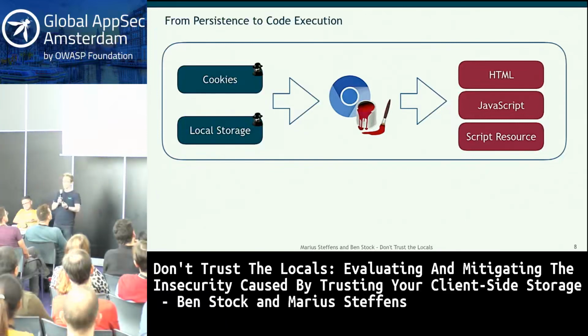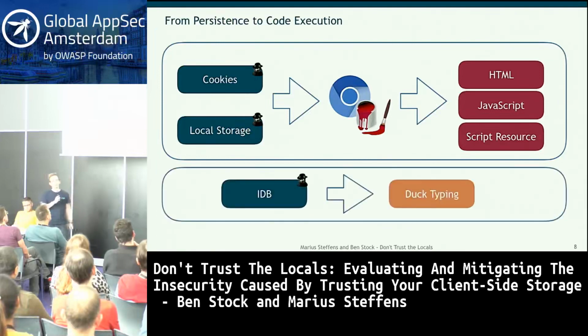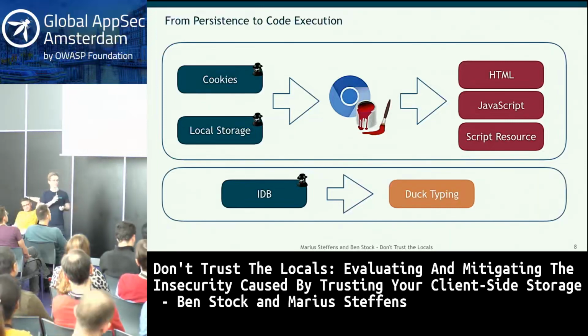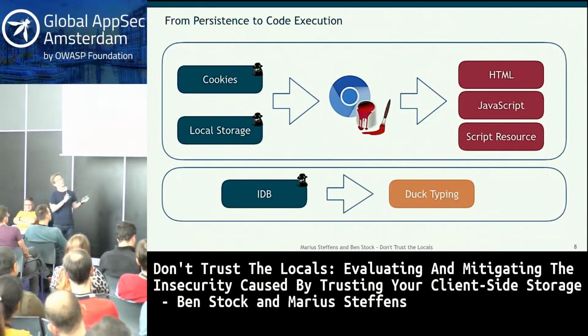But we still wanted to have a look at how IndexedDB actually factors in the setting of persistent client-side cross-site scripting, which is why we did a second analysis, which is a little bit more simplistic in nature, and it embraces the concept of duck typing, and you probably know that. So if something walks like a duck and quacks like a duck, it's a duck. And essentially what we're doing is we're looking in IndexedDB, and if it looks like code, so like JavaScript or HTML code, then we just try to substitute it and see where we can get with that. But more on that later.